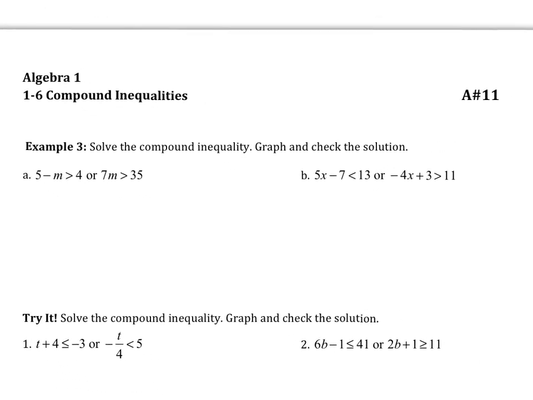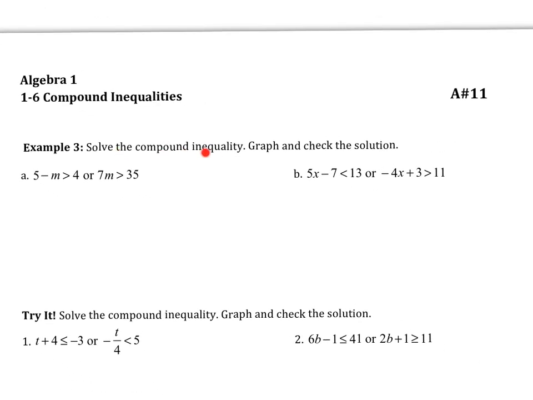So let's look at the instructions. We're going to solve the compound inequality, but then we're going to do 2 other things. We're going to graph and we're going to check. Notice that the instructions when you are practicing won't always say these latter 2. Sometimes it might simply just say graph the inequality. So you do the solving and then jump to the graphing. It might say that you have to check, but even if it doesn't say check,